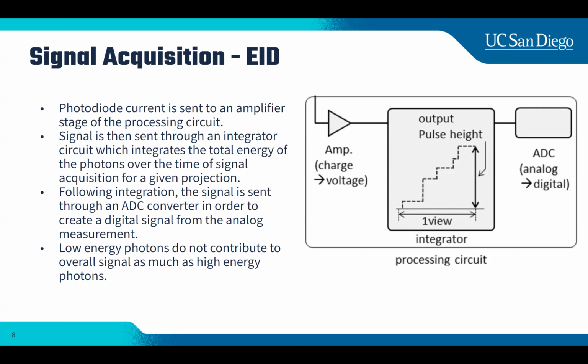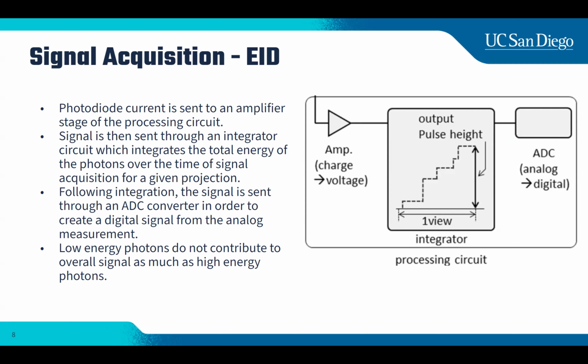This data is then sent off to an ADC, an analog to digital converter, in order to then be processed by a computer or whatever program is used by the investigator. Of course, due to this, much lower magnitude photons carry much less weight in the broader integrated cumulative signal as opposed to high energy photons, which could lead to worse CNR and worse signal to noise ratio,